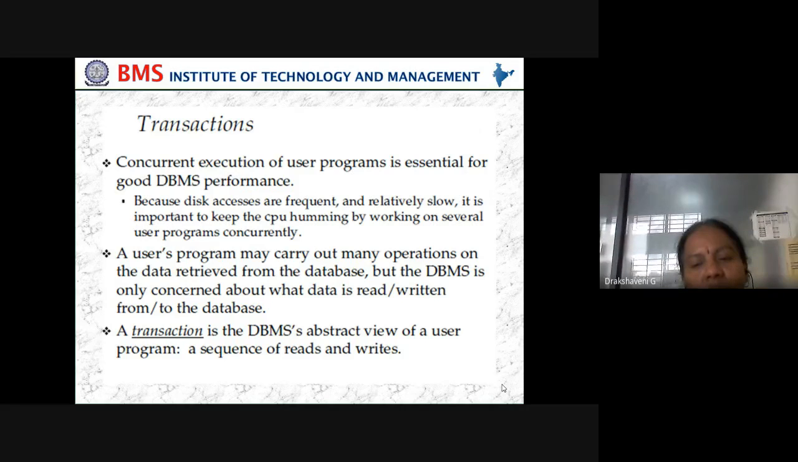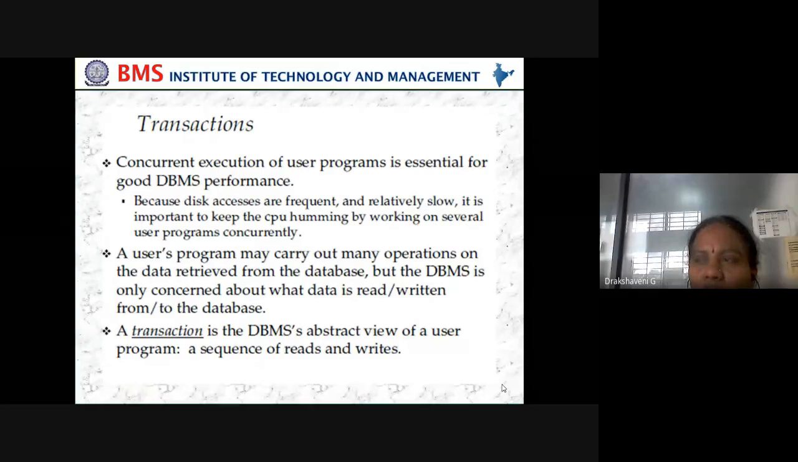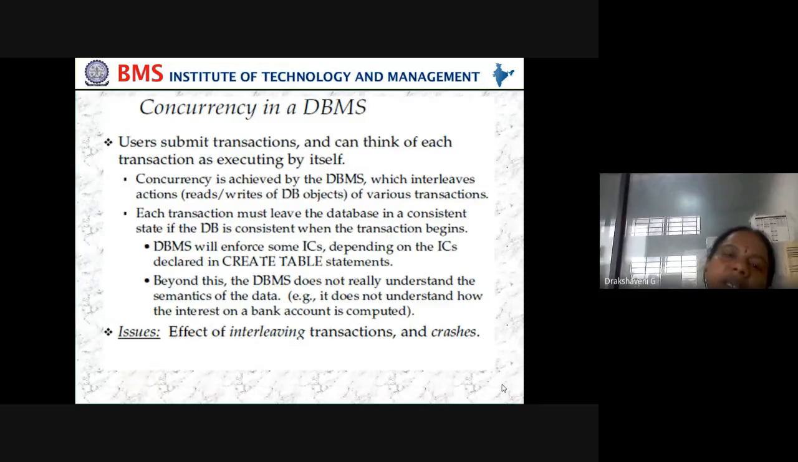And abstract view of the user program means how the user is writing the program, whether he is writing the program with 2 times read, 1 time write, or write 2 times or read 2 times, like this we do, then that is what is called a transaction. Then concurrency in a DBMS,